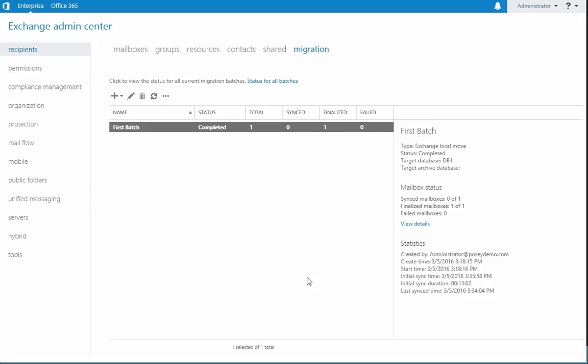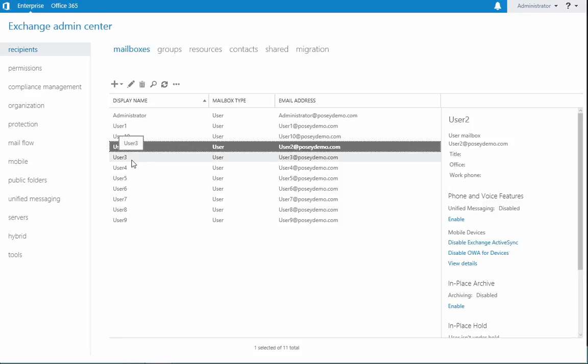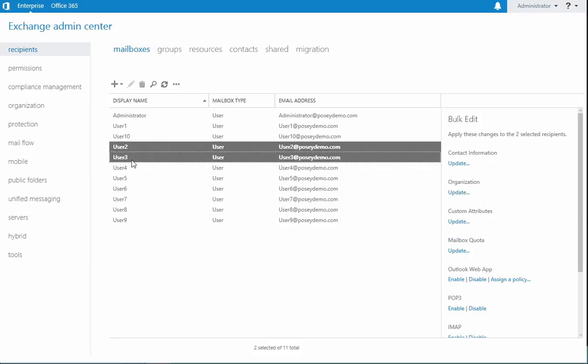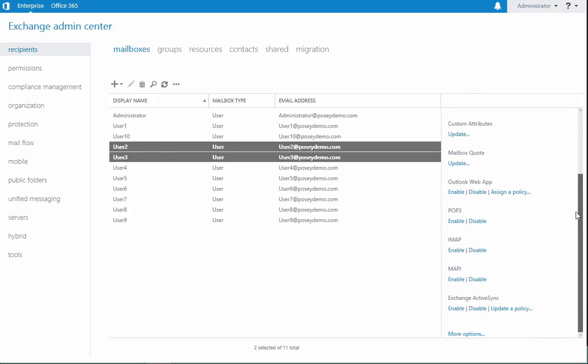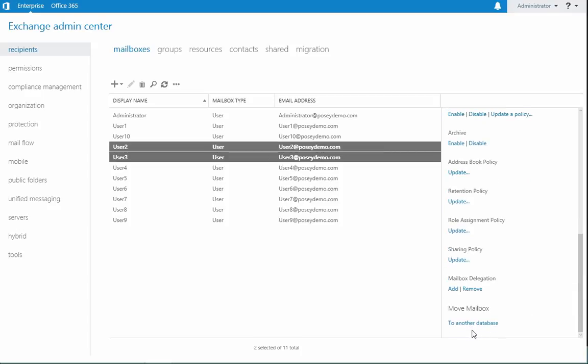But how can we really confirm that the move was successful? Well, let me switch back over to my Exchange server. So this time I'm going to go ahead and move user 2 and user 3. So I'm going to select user 2, and I'm going to hold down Shift and select user 3. And now I'm going to scroll down over here, and you'll notice that we don't have an option to move the mailboxes, but we do have something that says more options. If I click on that, then more options are revealed, and I can scroll down, and here's the move mailbox